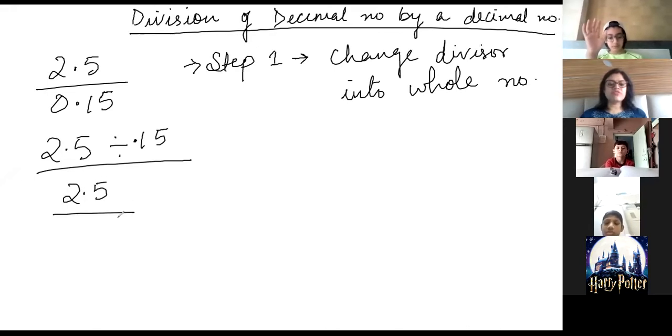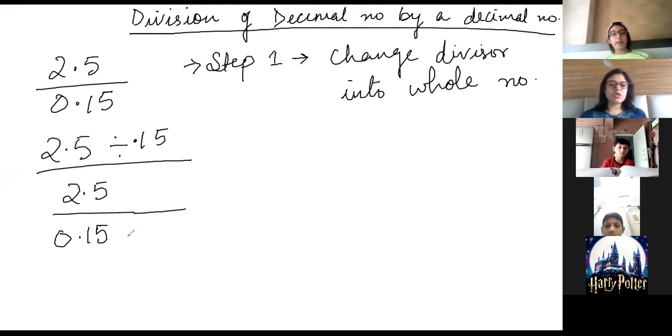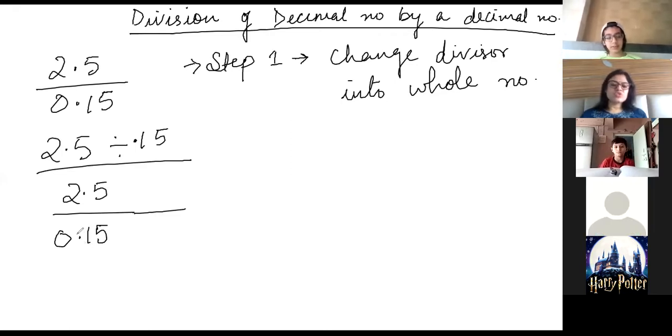I can write this in the form of fraction 2.5 over 0.15. I can move the decimal. You have to multiply it by 100, ma'am. You have to see how many digits are there after the decimal. If there are two, then I will check how many digits are there after decimal, in the divisor, not in the dividend. Multiplied by 100. So I have to shift 2 decimal digits. So for shifting 2 digits to the right, I need to multiply by 100, so 2 zeros should be there. You know that it shifts right when I multiply with 100.